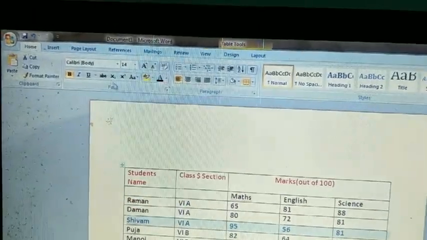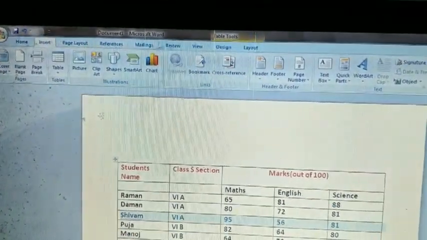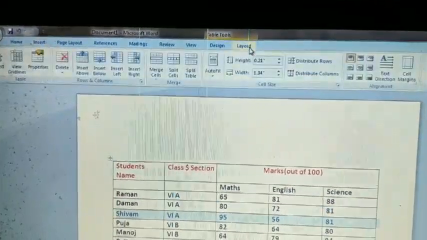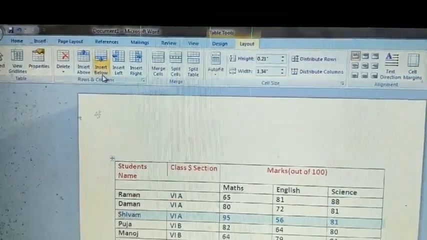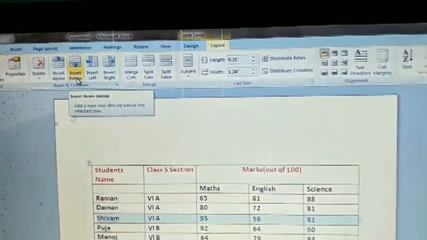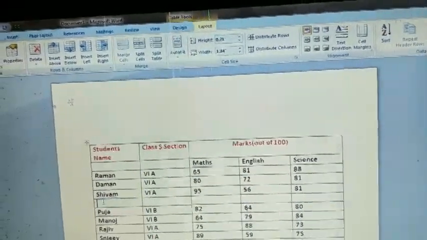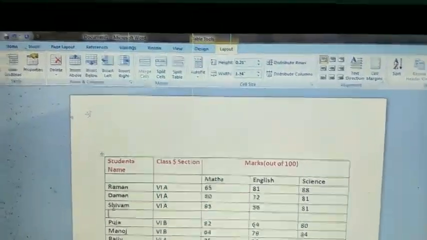After that you will click on the layout option and insert below option, because the question says insert a row after CM records. After CM means you will insert a new row below CM, and here you will enter a new record.